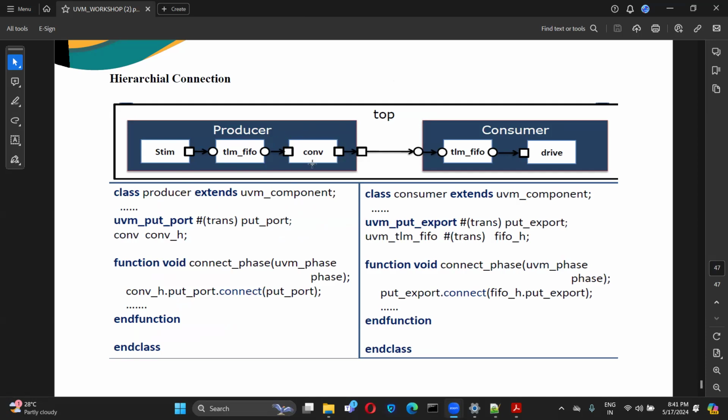So now whatever is there here, we will directly connect this to this particular consumer, right? So that means this entire connection is already there.